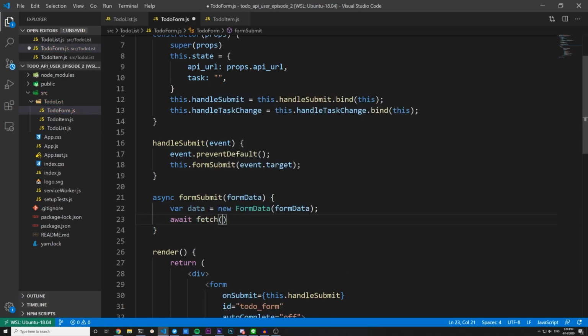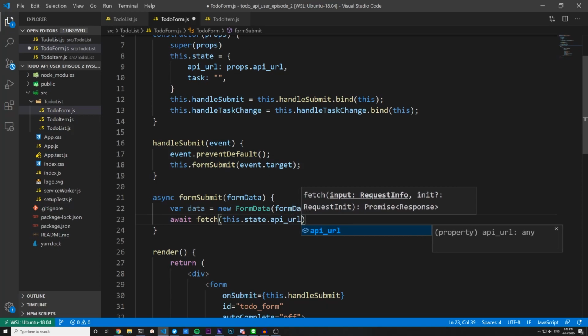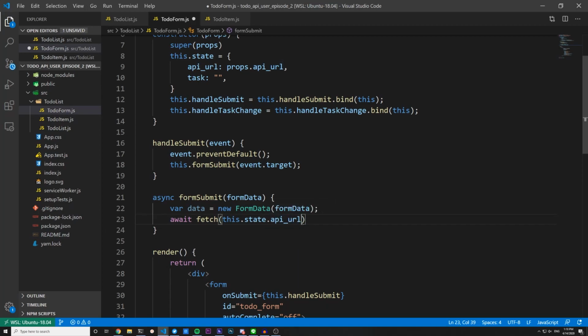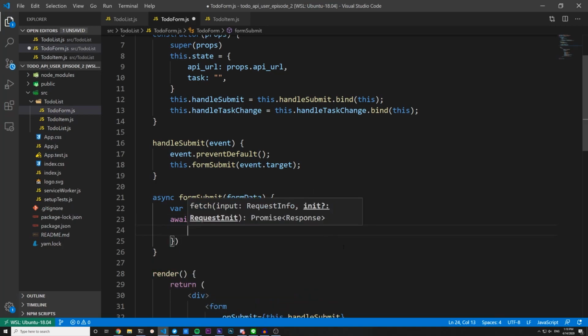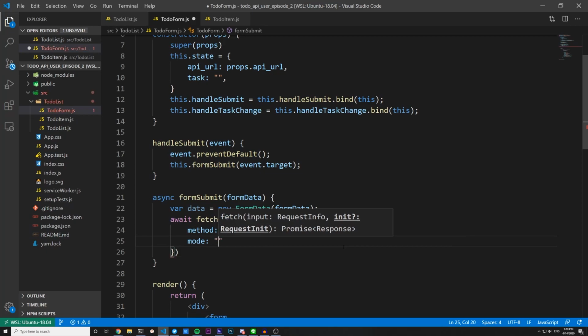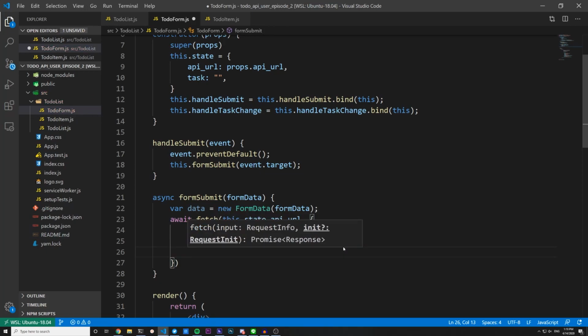fetch this.state.apiURL. Because up here, we pass the API URL into the state, so we're just using that to grab it. And fetch takes the target URL, and then you have to pass in the actual data for your request information. So what we do here is we open up some braces, and in here we can create our method, which will be a POST. We have a mode, which is going to be CORS,